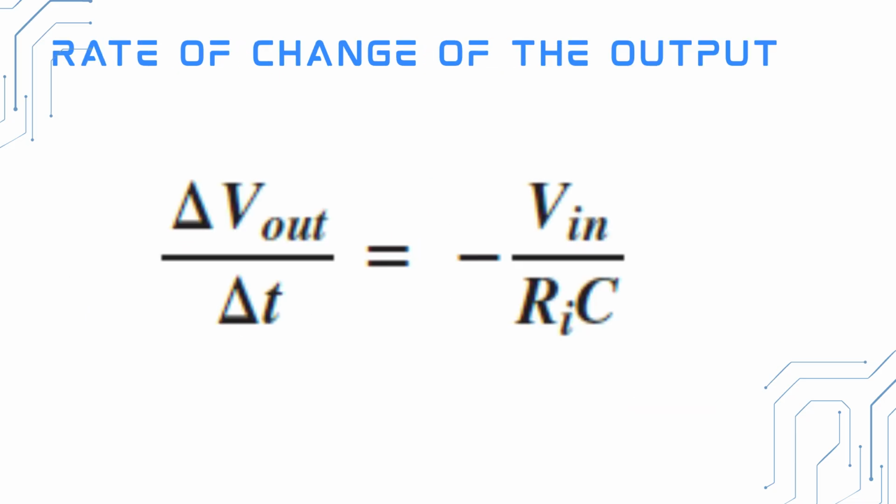The rate of change at which the capacitor charges, and therefore the slope of the output ramp, is set by the ratio ng ating I sub C all over C o yung tinatawag nating slope. So as you have seen, since yung atin pong I sub C is equal to V in all over R sub I, the rate of change or slope of the integrator's output voltage is given by delta V out all over delta T is equal to negative V in all over R sub I times C. So tatandaan po mabuti yung ating rate of change of the output.